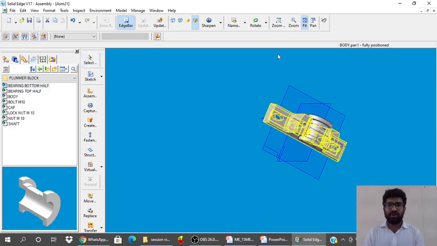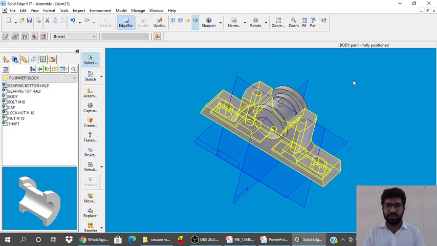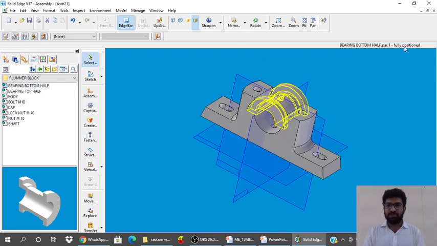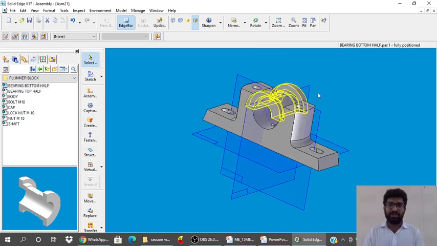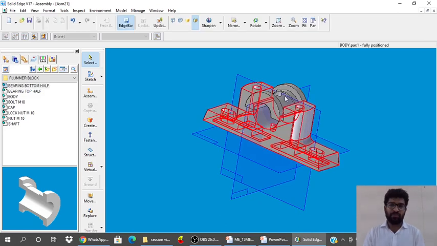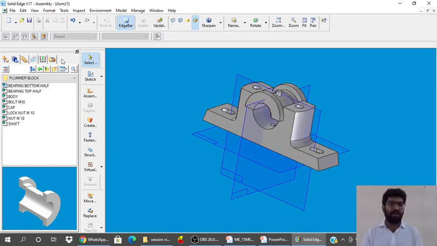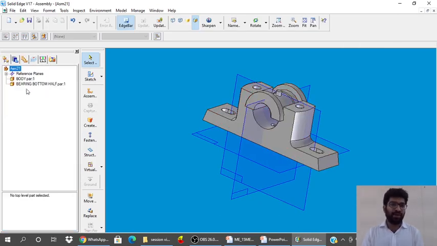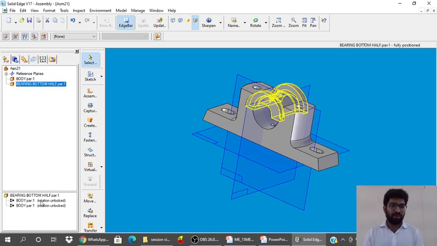Once you give the relationships, this part is fully positioned but it has changed its direction. So to flip that part, go for assembly pathfinder, click on bearing bottom, select relationship 2, right click on that and say flip.